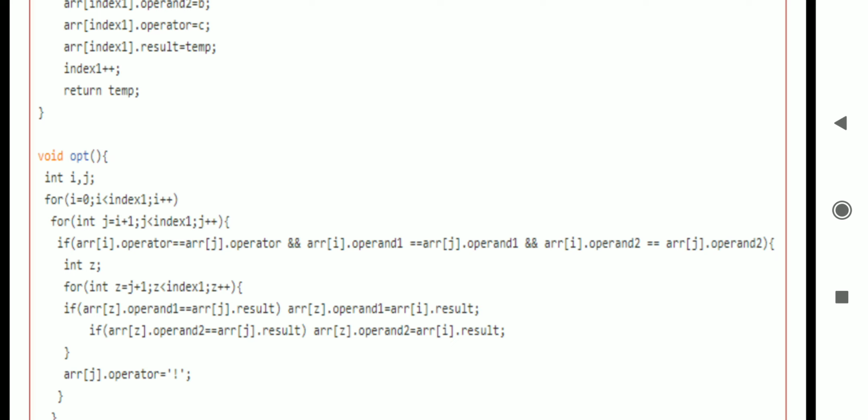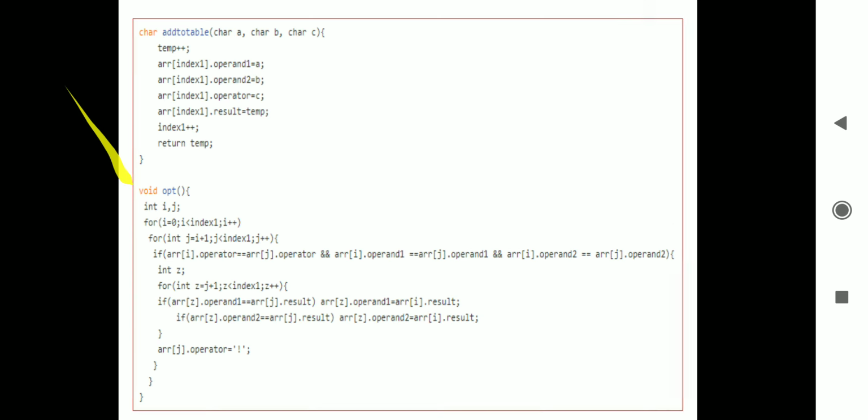If the operators from the blocks are the same and left and right are the same, then we perform the operation. Otherwise, we just go further. Like the value of i is incremented by 1, so block one is compared with all the blocks, block two is compared with the remaining blocks. Likewise, if we find a matching operation, we set array of j operator equal to the exclamation mark, which tells us it is already handled.